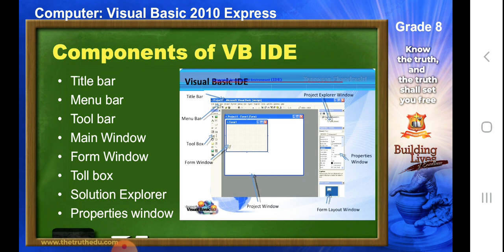So whatever controls, whatever buttons we are placing, what will that button do, you can understand the behavior of it, what is the color of it, what is the name of the font, and if you're putting any kind of design, all those informations we can see in the properties window. For example, if I have to examine your application, I don't need to go and look into the form or the controls or the buttons which you have placed there. I can just go and look into the properties window, and I can understand which font you have applied, which color you have applied, and which border you have applied for that particular button.